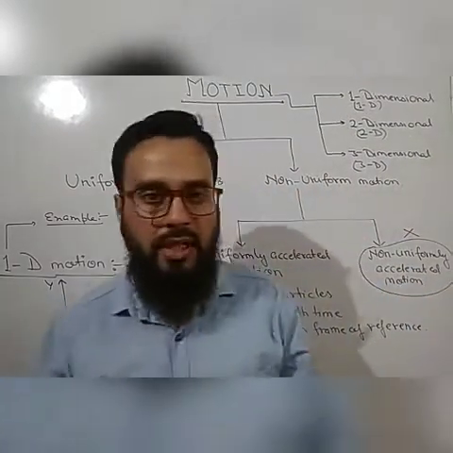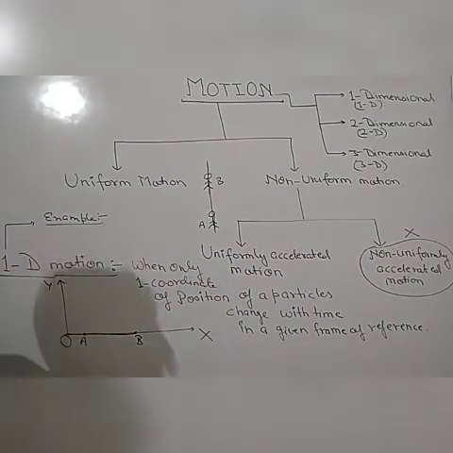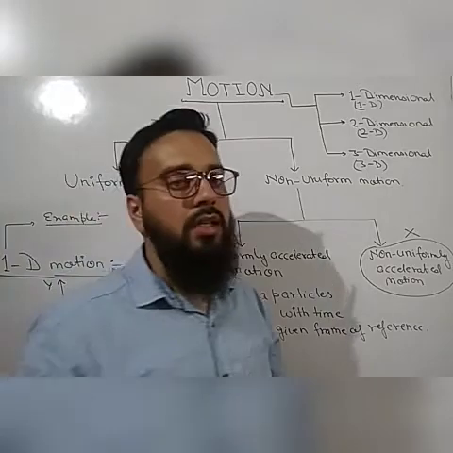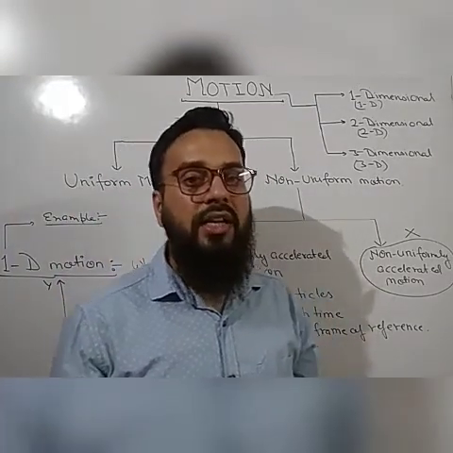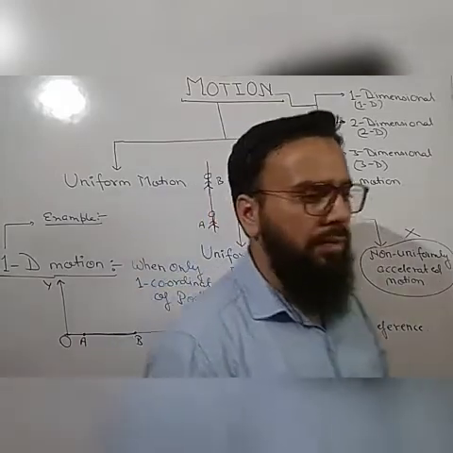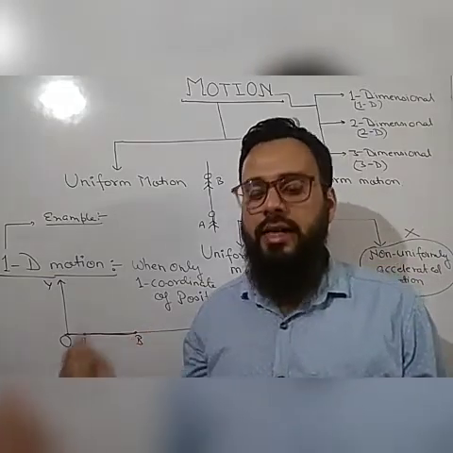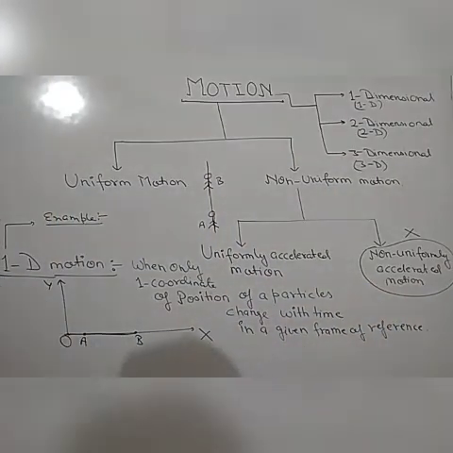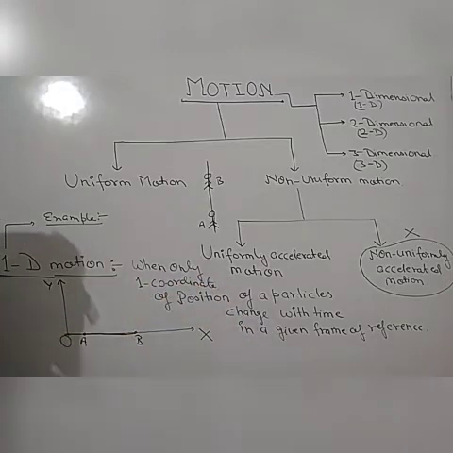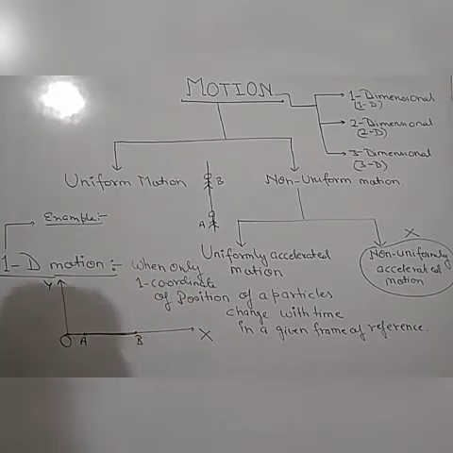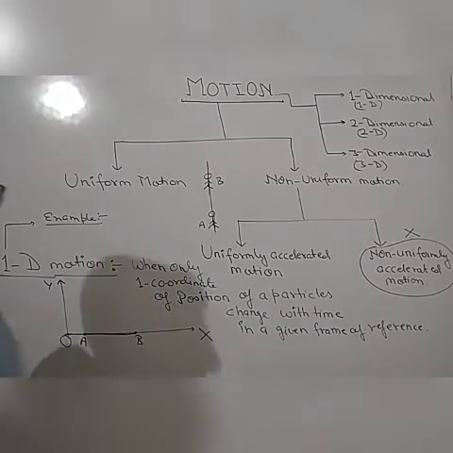Clear? So the examples are motion of a car on a straight road, motion of a train on its rails. But when the train turns on a circular track, then the motion is not one-dimensional motion. So whenever a car, a bike or anything is moving on a straight line path, then the motion is said to be one-dimensional motion. So the definition is this: if the position of only one coordinate changes, then the motion is said to be one-dimensional motion. Write one example: the motion of a car or a bike on a straight path is known as one-dimensional motion.